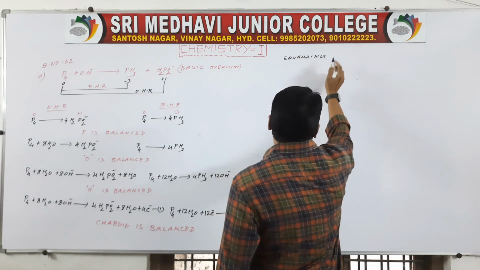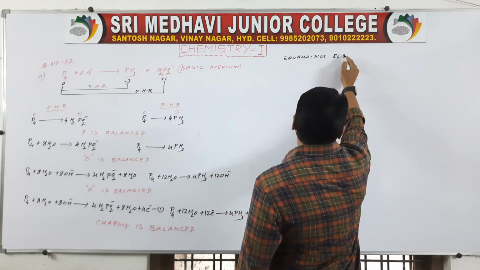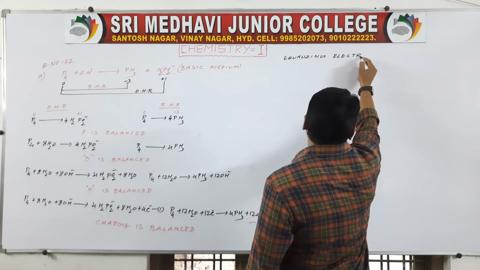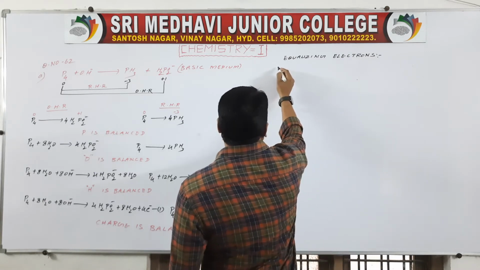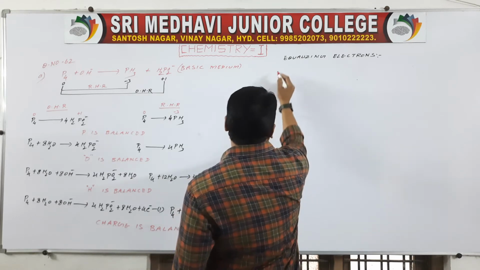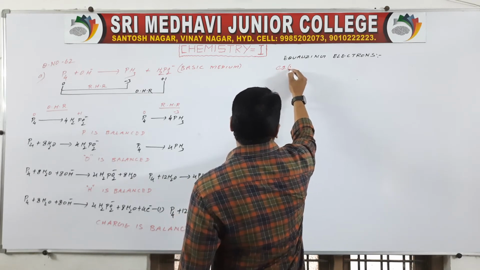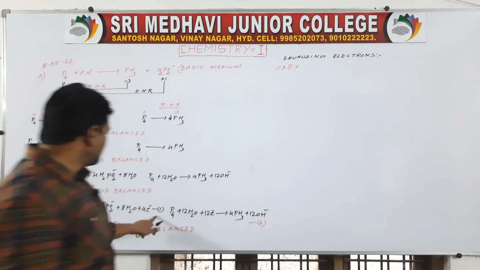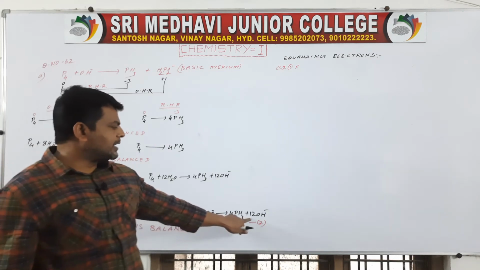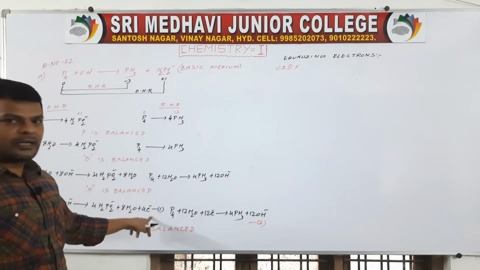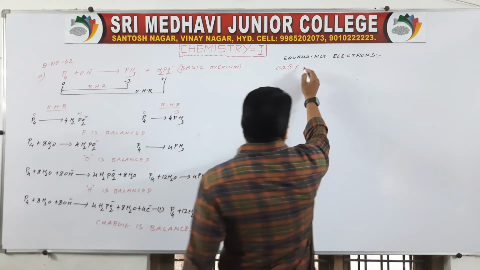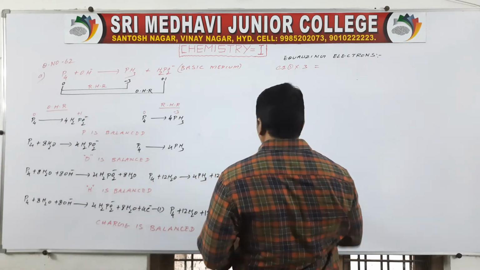Okay, equation 1: the 4 electrons here, to make 12 electrons, equation 1 into 3, 3 4s are 12. Equation 1 into 3, then